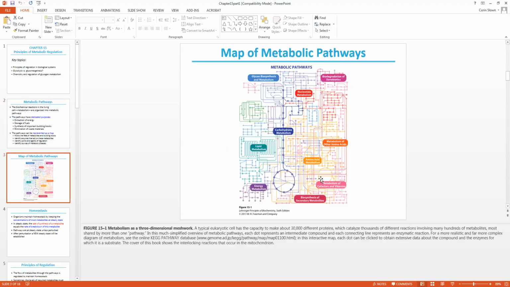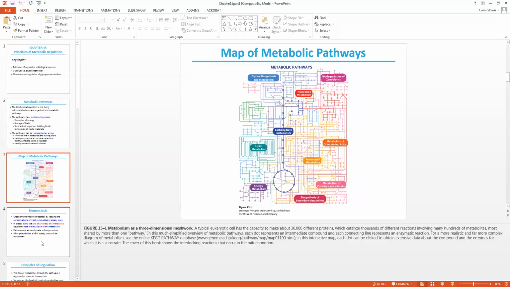Obviously, metabolic pathways can be incredibly complex. So if you think about it in terms of a three-dimensional network, really what you're looking for here are the intersection points. So where are the overlaps, where are the points of junction or diversion? And so that's really what we're looking for. And again, you could find some of these in exquisite detail in terms of categorizing the metabolism of, say for example,